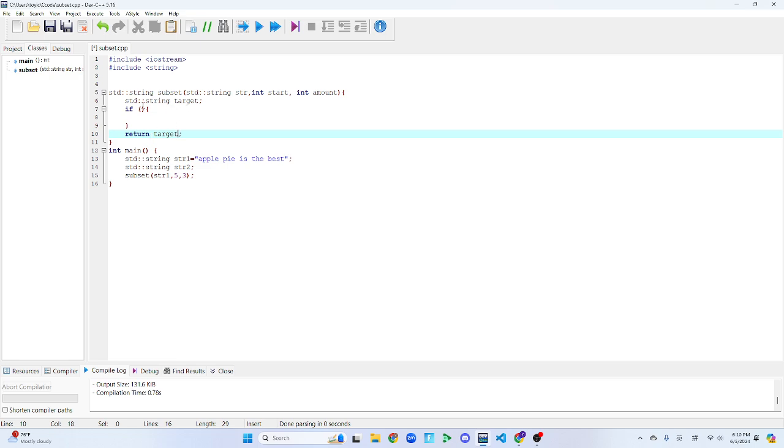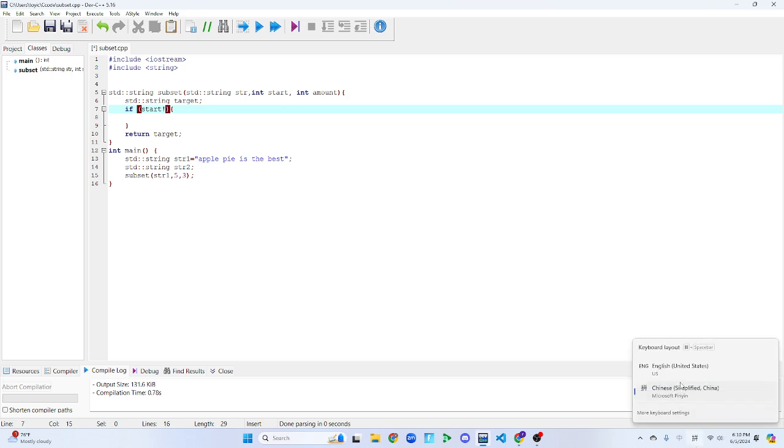And there's some very important things to keep in mind. First of all is that start, it cannot be less than, whoopsie daisy, and you change this to English keyboard. It cannot be, it needs to be greater than 0,